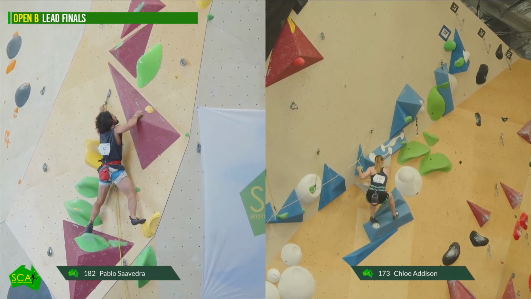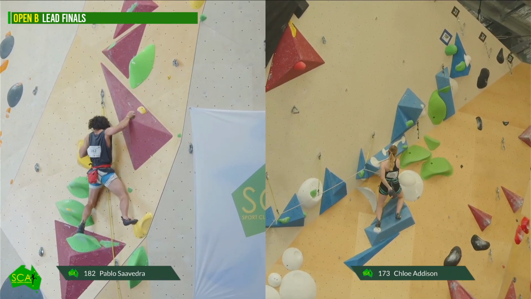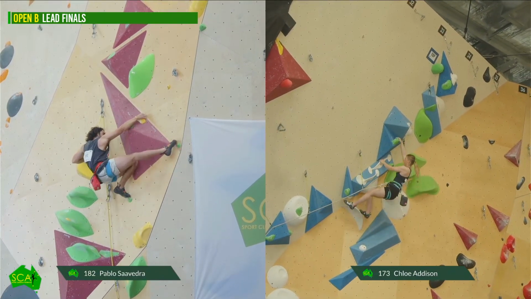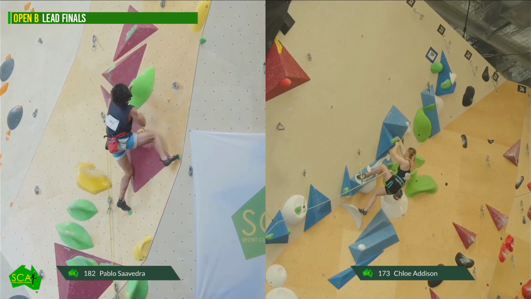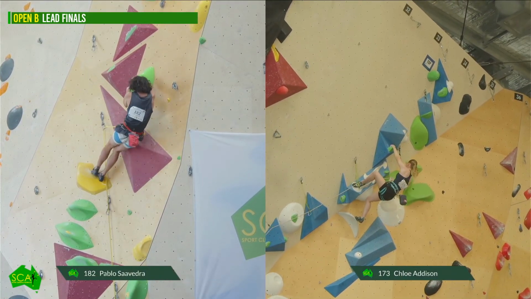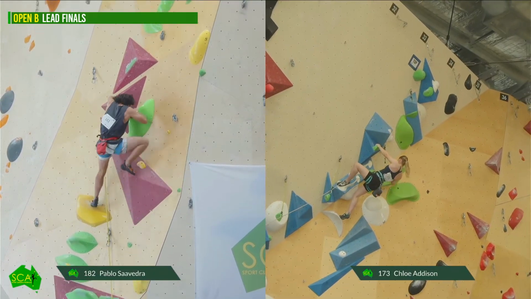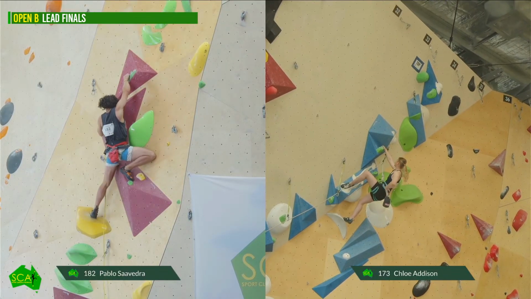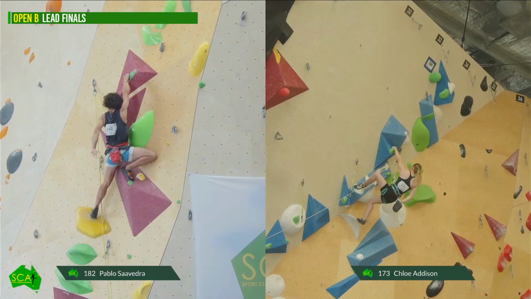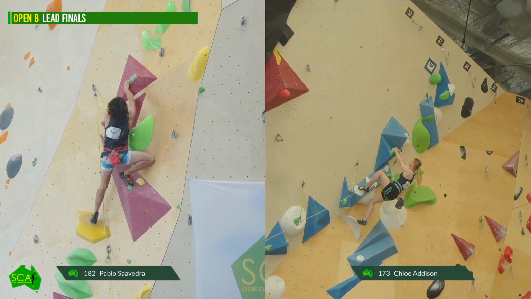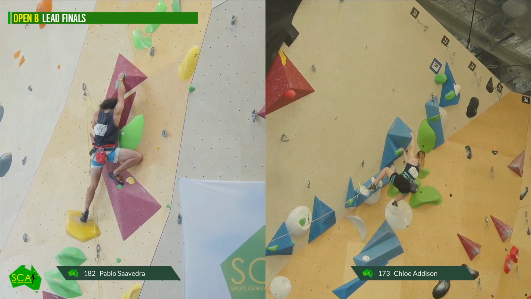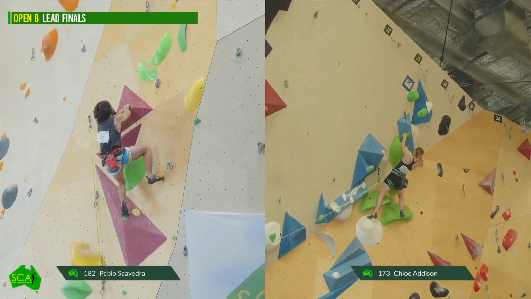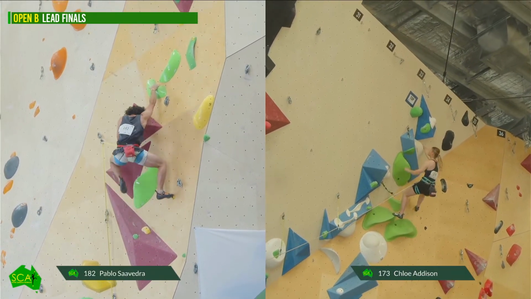All right, Pablo about to move into the business end of this one. The first crux, and then there's a high crux just before, call it the heartbreaker crux, right before the top out. But Chloe just doing this here now, spending a little bit of time on this one. Get those feet out over to the right and power through. Not rushing it though, but foot slip there. Hopefully it's not going to worry her too much. A couple of moves from the top.